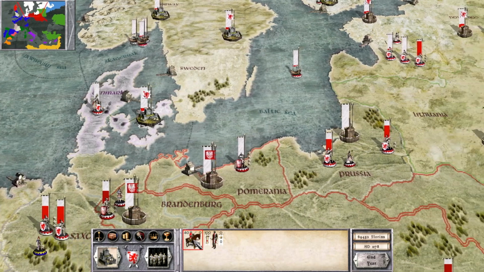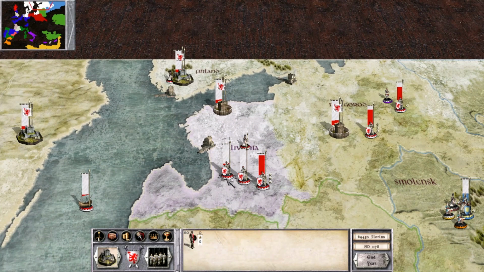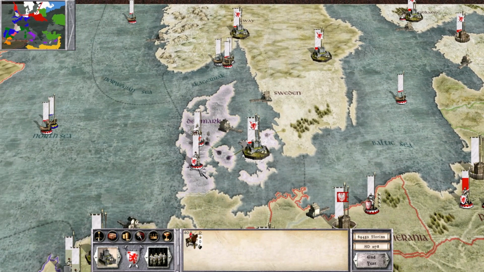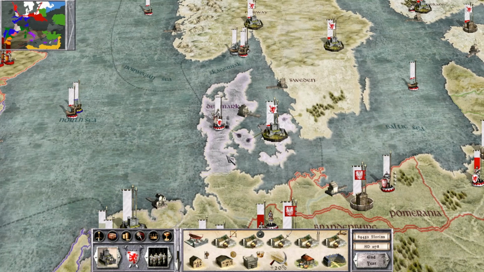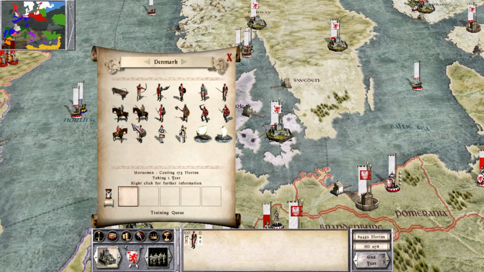I have a Viking Raider Cav. I think I'm going to bring this over to Livonia, because Livonia also feels like it could use some more soldiers. And I just need numbers right now. And the fact that my economy is tanking right now, thanks to Hungary, it's bad timing. But, you know, that's how it goes. Let's get some more...